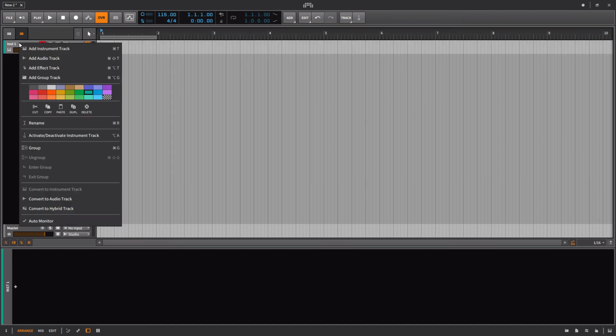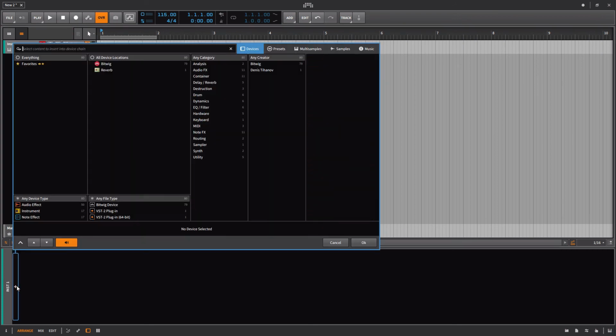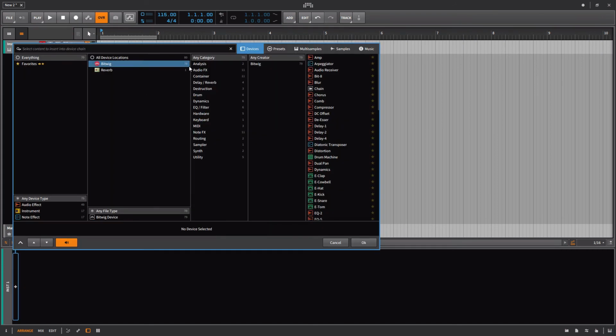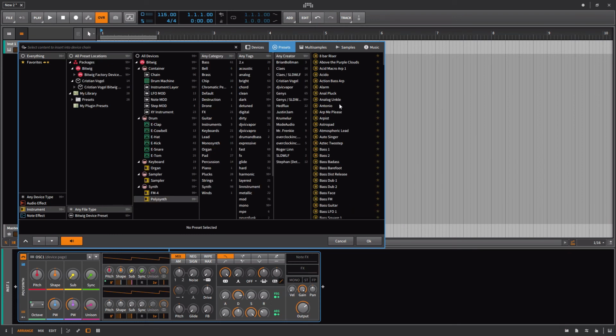So I'm going to add an instrument track here, and there's a way you can create this. You can right click and say convert to hybrid track or create to audio track, but I'll create a hybrid track later on. What I'm going to do is start by adding in an instrument. And inside of Bitwig, your go-to is typically going to be the Polysynth. Let's see, do we have instruments in here? Where are they? We'll go to synth, we'll add the Polysynth,